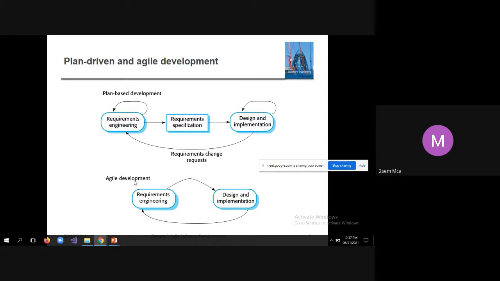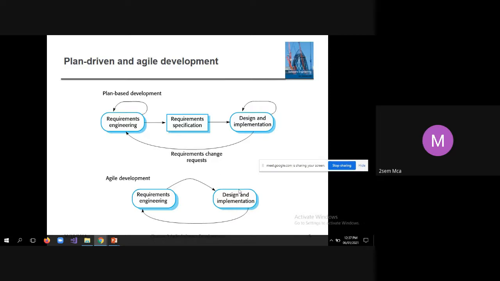Whereas in agile development, first take the requirements engineering. While taking the requirements itself, you'll have very high clarity. Say he may tell 10 requirements, but you'll tell him very clearly that I'm giving more priority to 5 requirements. Only those 5 requirements will be developed as version 1, in the first iteration.